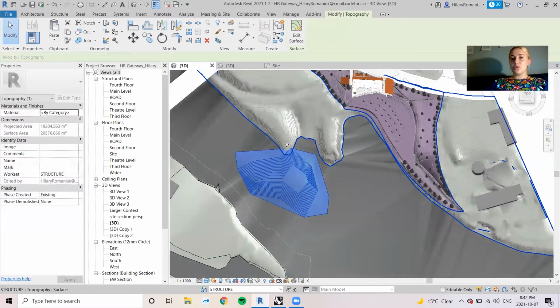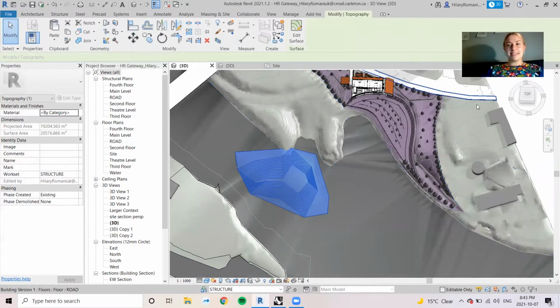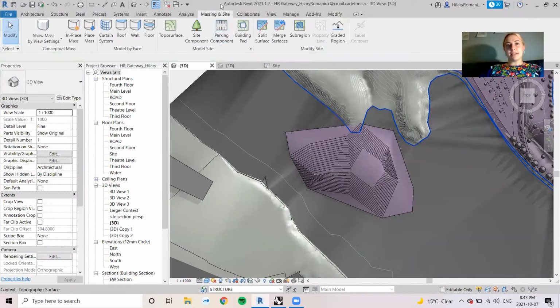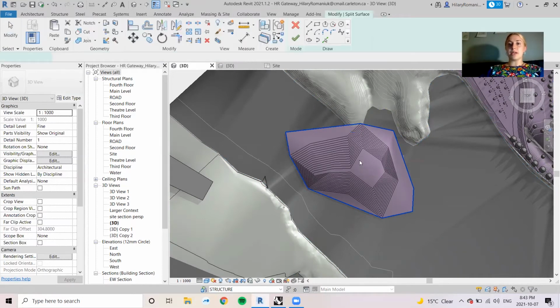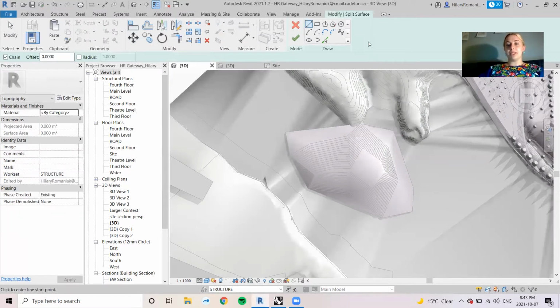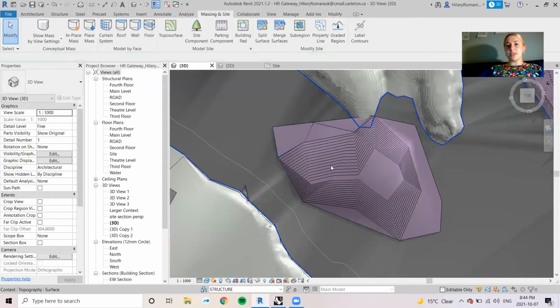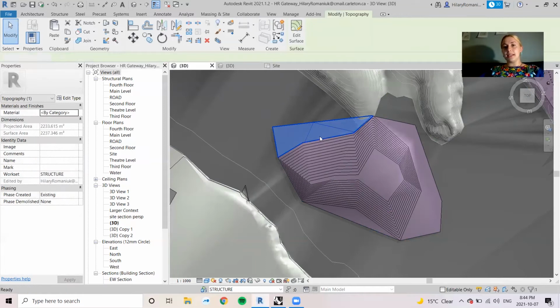Now, if I want to crop it, it's not that obvious, but you're going to use the split tool. So in the same massing and site category, I'm going to say split surface, and then I have to click on the surface that I'm going to be splitting. So I click on it. Now this brings me up to this familiar dialog. So I can either go like this and just use one line and make it go past the boundaries there. And this will be like where a scissor would go. So I can go like that, and then it'll split that surface in two,